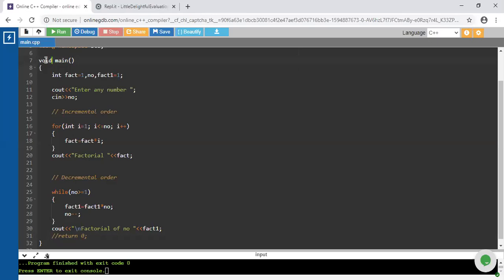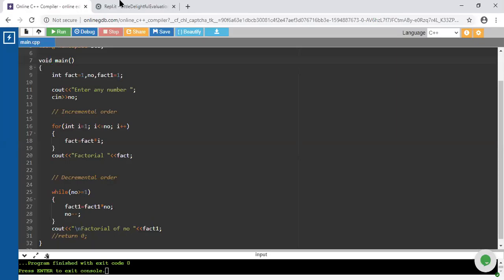Guys, one more thing. If you are using this online compiler, whatever you are looking at on your screen, onlinegdb.com, and you are not providing any value for that variable, this compiler is going to consider 0.